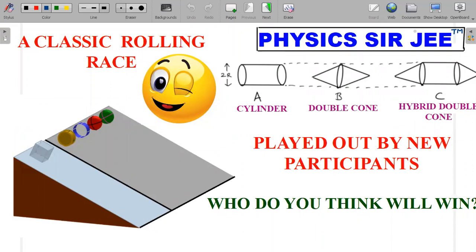Today we are going to present to you a classic problem that most of the JEE aspirants would be knowing of. That is of a rolling race between two different types of objects, round objects on a rough inclined plane. So the word rolling is always associated with the situation of the inclined plane being rough enough for the prevention of slipping. Okay, right. But there's a small twist to this.